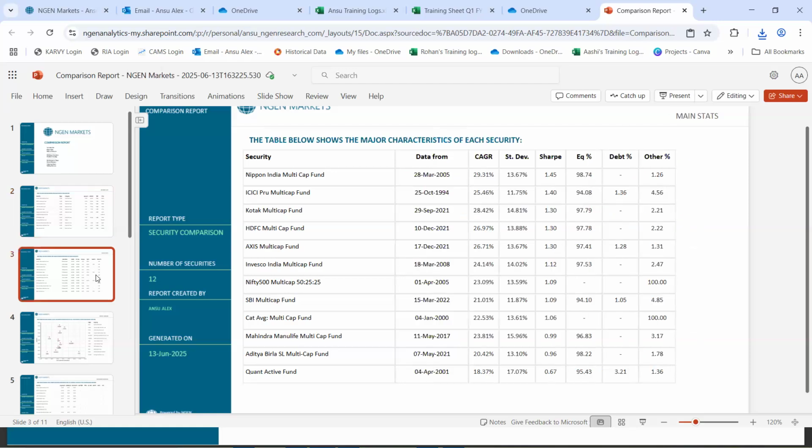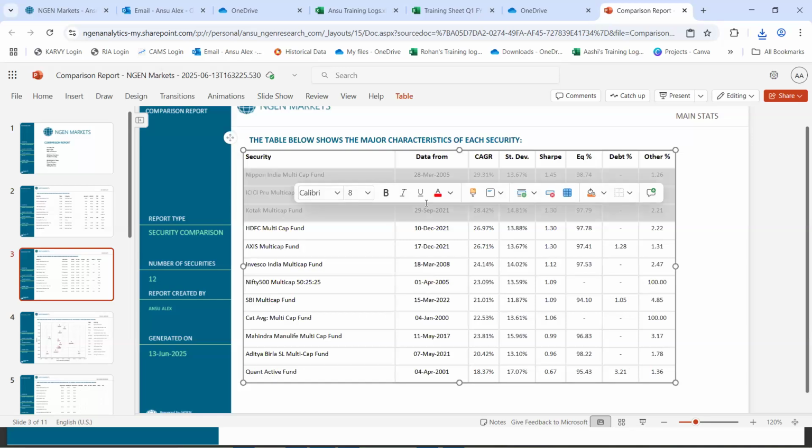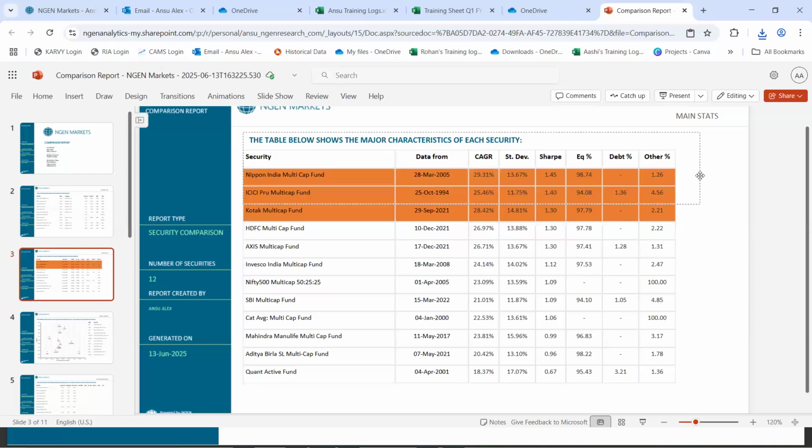The next page will show you the risk and returns related parameters respective to each of the schemes. Now, right here, the PPT that you generate would be anytime editable. So let's say this is a list of schemes that you're sending across to your client and you maybe wish to highlight a few schemes right here. So all you can do is just select those schemes and maybe highlight those cells just so that these are differentiated from the other schemes. So the client would know that these are the schemes that you want to suggest to them. So editing anytime possible, highlighting them, putting in your feedback and your recommendations are anytime possible.